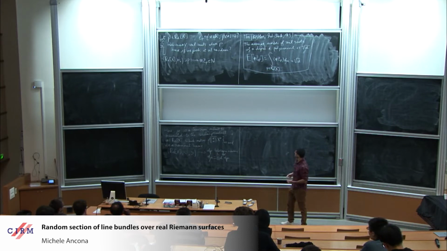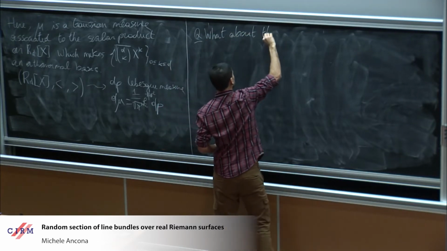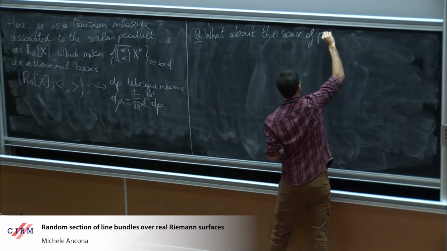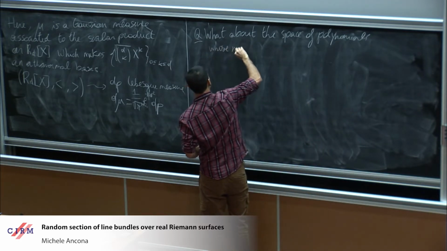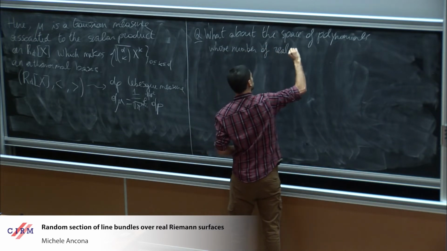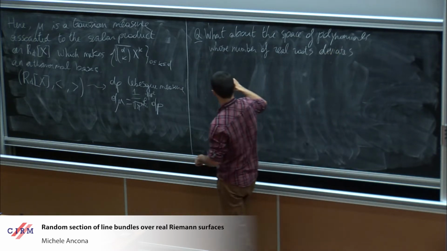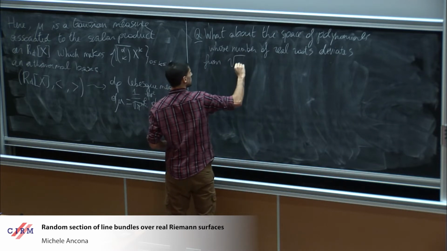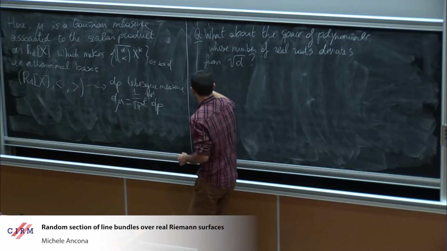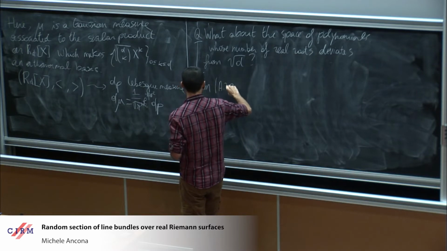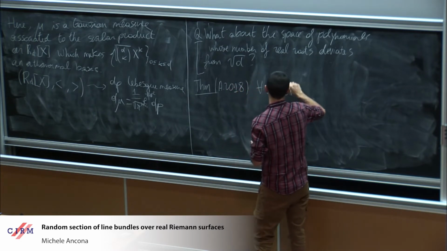And now it is natural to ask: what about the space of polynomials whose number of real roots deviates from the expected one, so from square root of d? And the theorem I want to present is the following one. Every time we have a sequence of positive real numbers, then